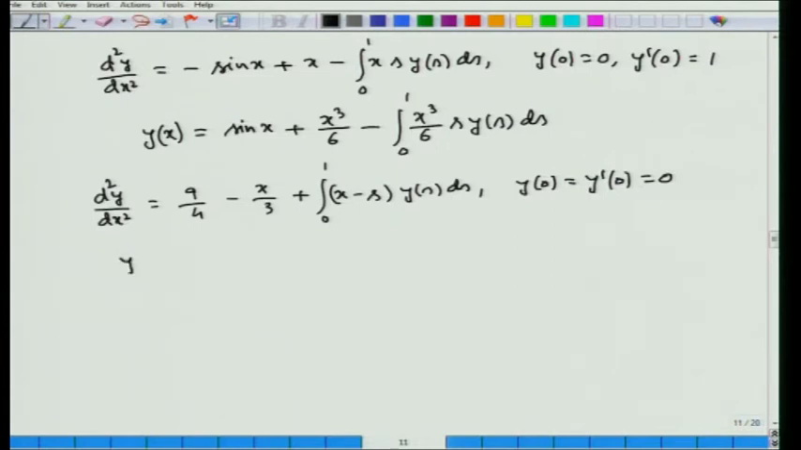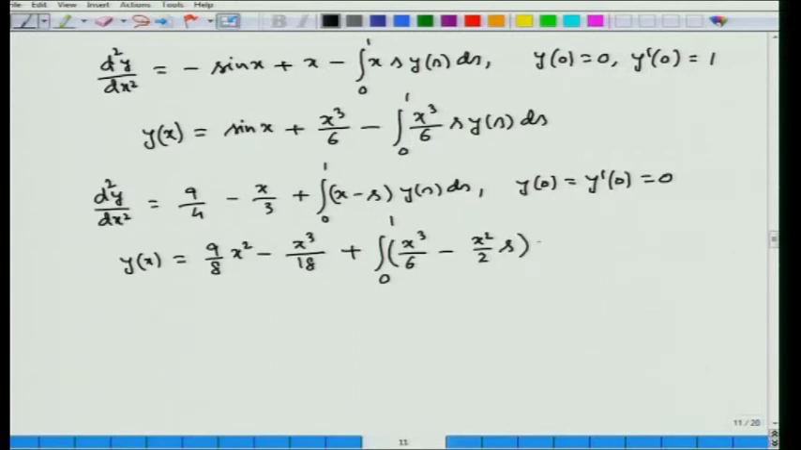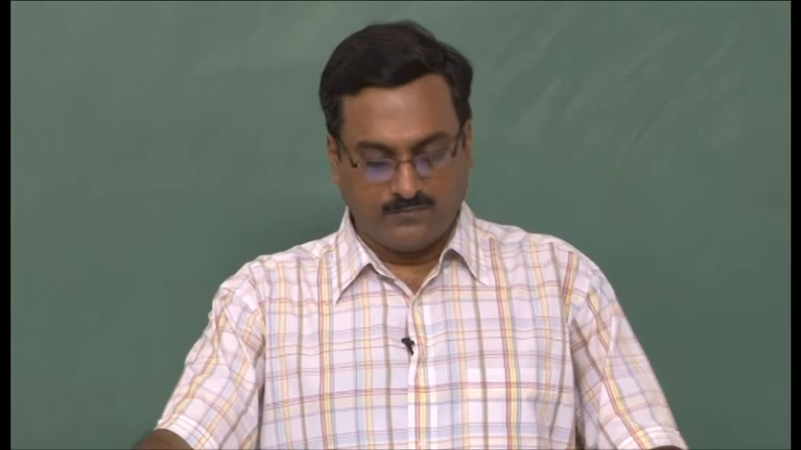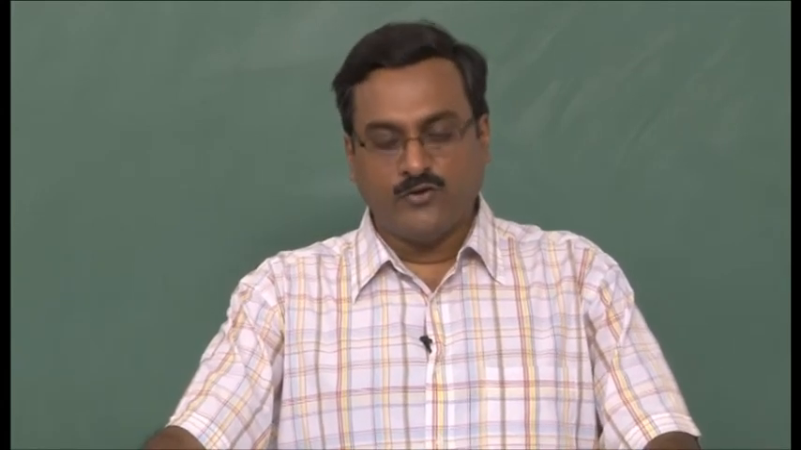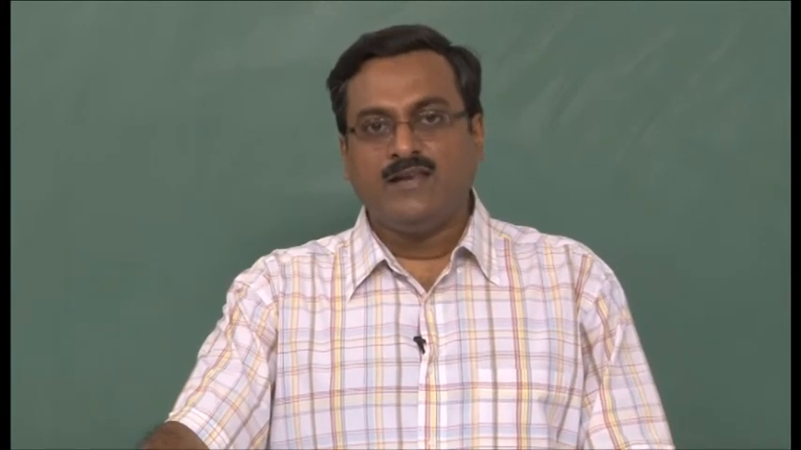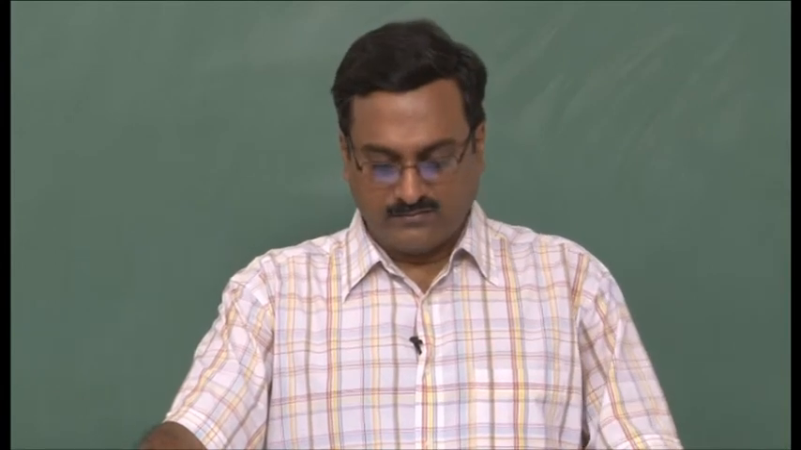This can also be converted to the problem, that is y(x) = 9/8 x² − x³/18 + ∫₀¹ (s³/6 − s²/2) y(s) ds. So, you have to keep in mind that this type of conversion of a Fredholm integro-differential equation to a Fredholm integral equation is possible for the case when the kernel is a separable kernel, and using the